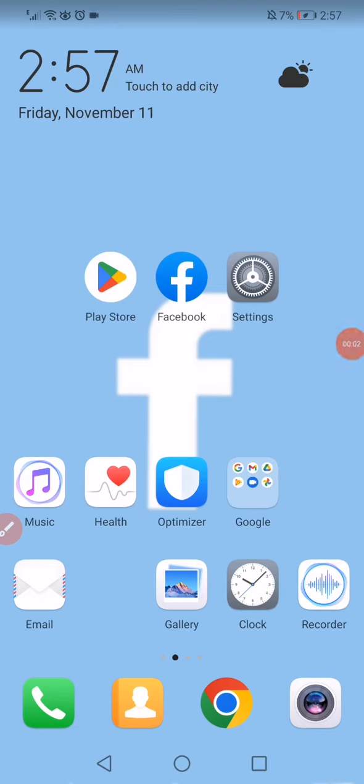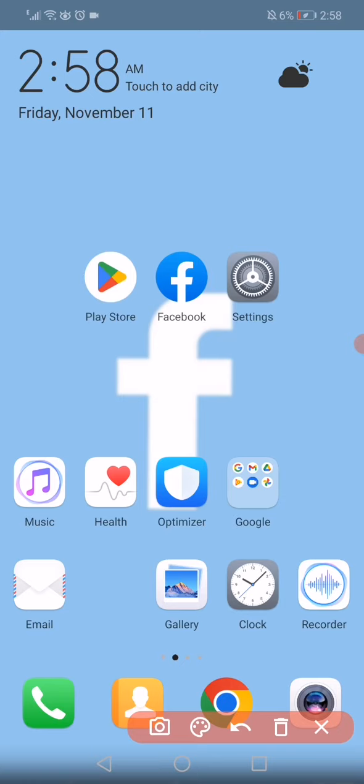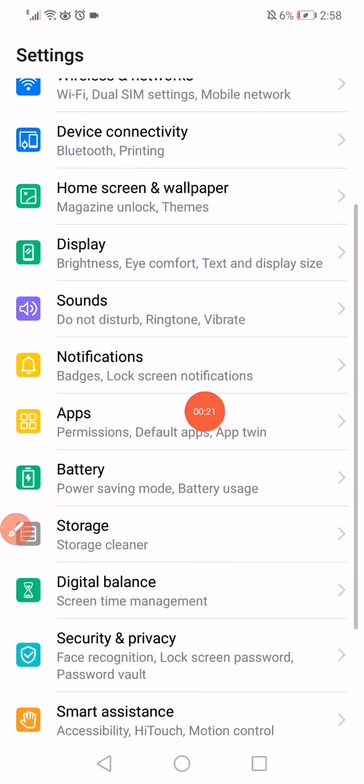Hello guys, so in today's video I'm gonna show you how to fix the problem of the code not received on your Android phone. So all what you have to do to fix this problem is very easy. All what you have to do is just open the settings on your phone, and then go to